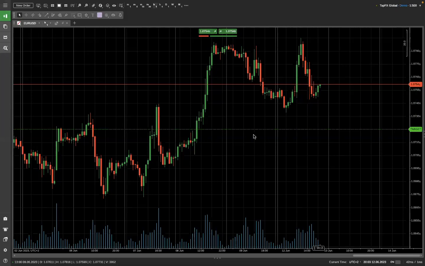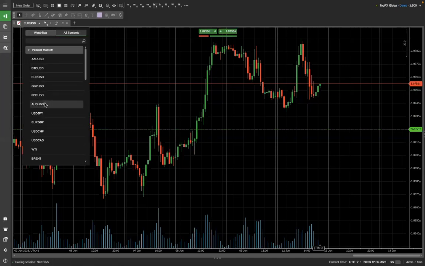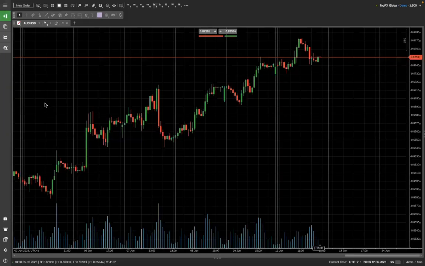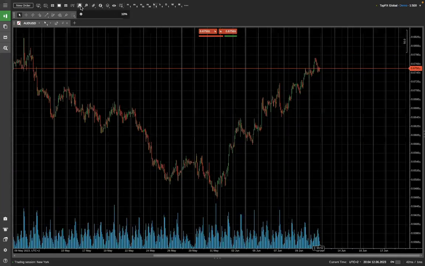If we stick to our, let's say I'm going to change our chart to Australian dollar to the US dollar. This is a 1 hour time frame chart, and we are going to draw a trend line on this chart. So let me just zoom out in order to see one more thing. There you go. Okay, so if we zoom in, we can clearly see that